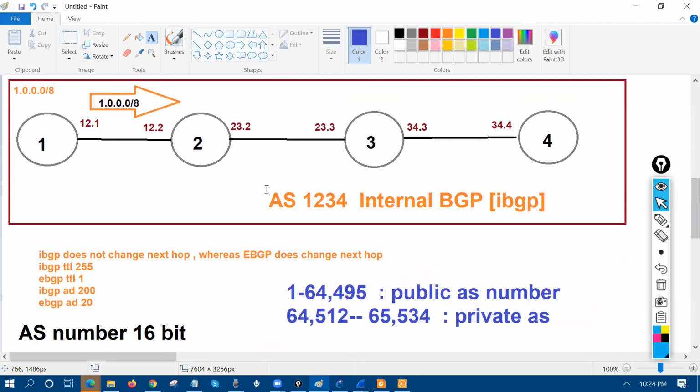Right now, this is my ASN number 1234. This is my public number. So what I'm going to do, I'm just going to divide. How? Right now, R1 can send the update to R2, but R2 cannot send the update to R3. That's the default behavior because of the IBGP split horizon rule. Can I say it like this? I'm just going to divide this portion now